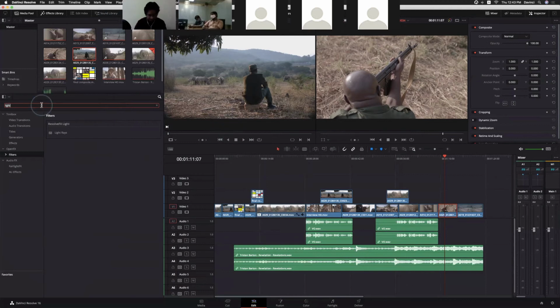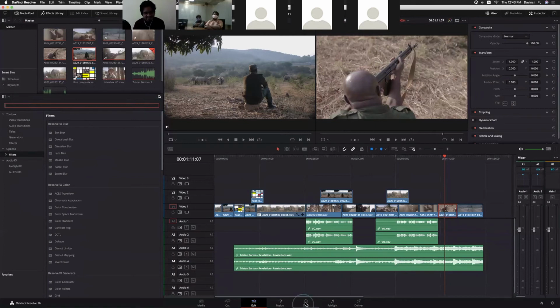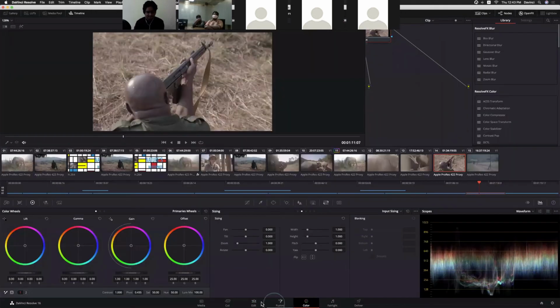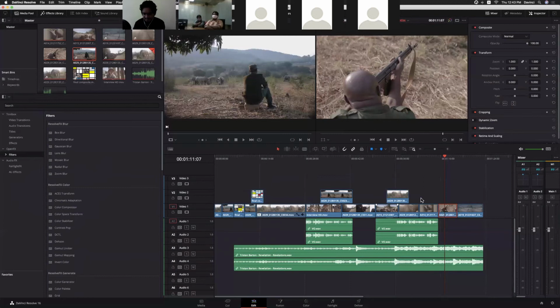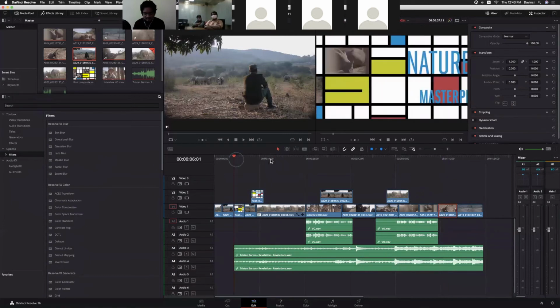As for noise reduction, if I type anything, I'm not seeing options here. The advanced-level noise reduction is available inside the color page. Let me load a different clip here.